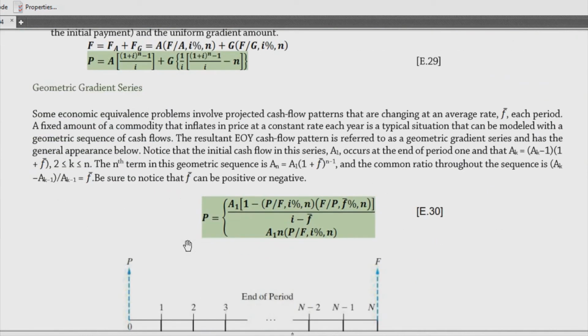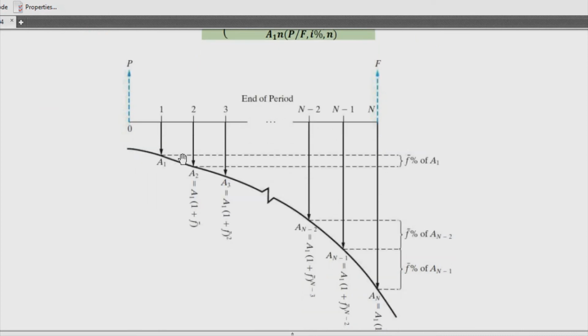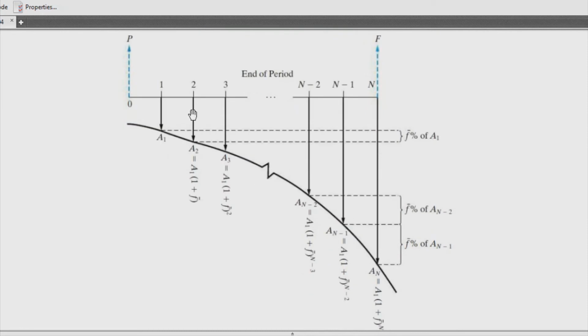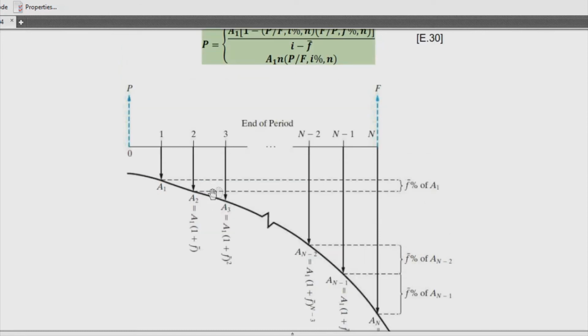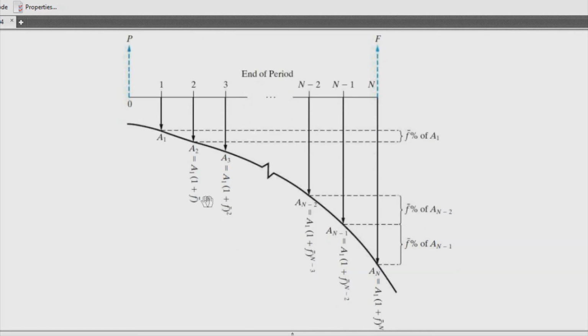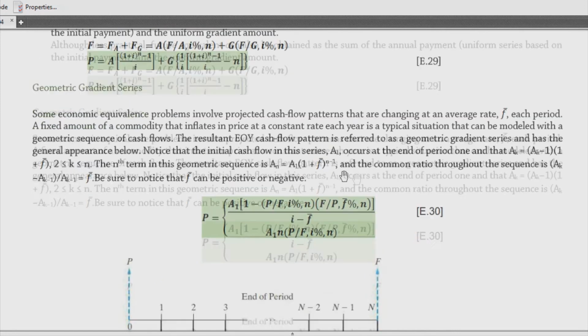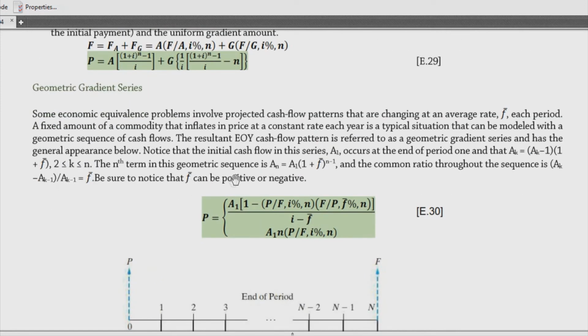Now, how about the geometric gradient series? So, if we have an additive gradient, we also have a geometric gradient, which gives us the multiplication part. So, with this, if we started with 1, so that's A sub 1, then 2, 3, and until this, the end of the period. So, there's also a time skip here. And if you notice, our A sub 2 is equal to A sub 1 times 1 plus F bar. Our A3 would be A sub 1 times 1 plus F bar squared. So, this 1 plus F bar, where is that? It's here, it was explained here. Our 1 plus F bar is,